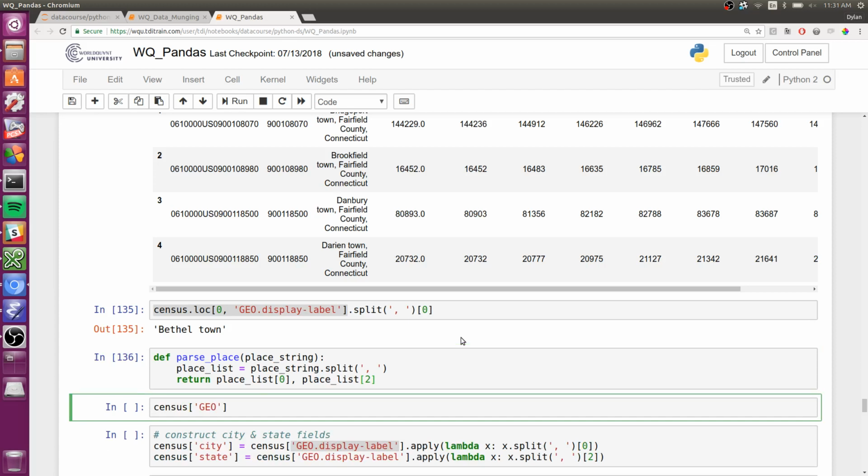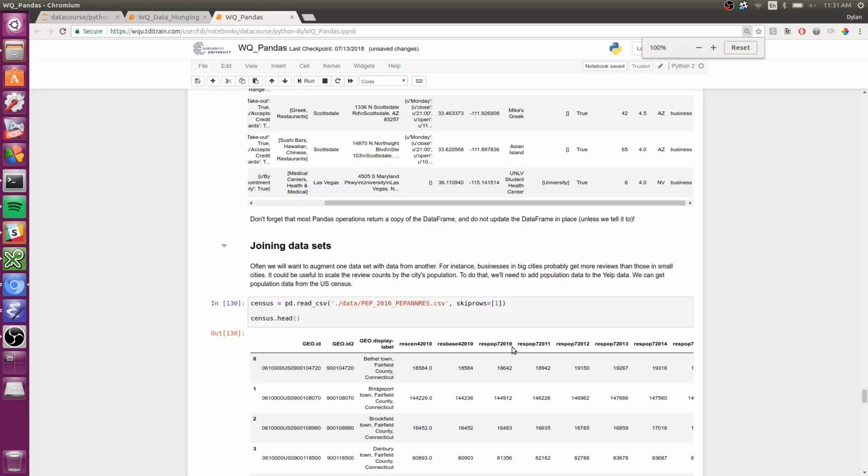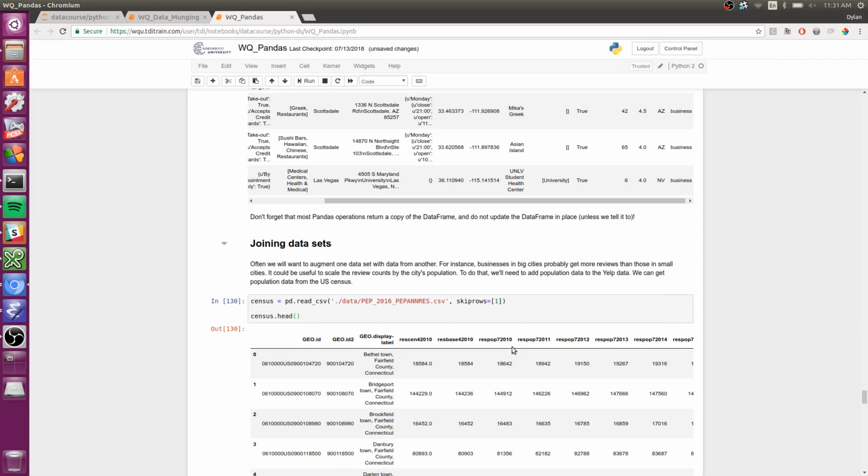And then we could take this column and apply this,